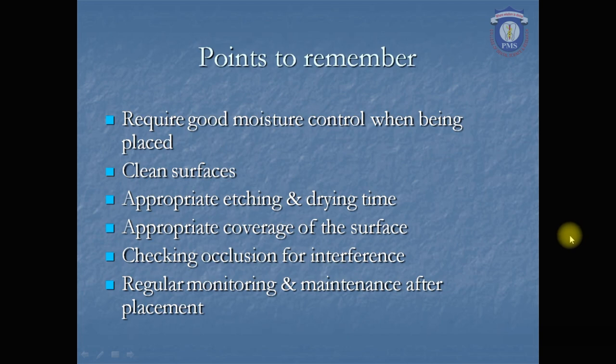has been applied. So the points to remember include: good moisture control when being placed, clean surfaces, appropriate etching and drying time, and appropriate occlusion; checking occlusion has to be done for interference. Regular monitoring and maintenance after placement has to be done. These are some points to remember that we always tend to forget, and it is always important to remember that